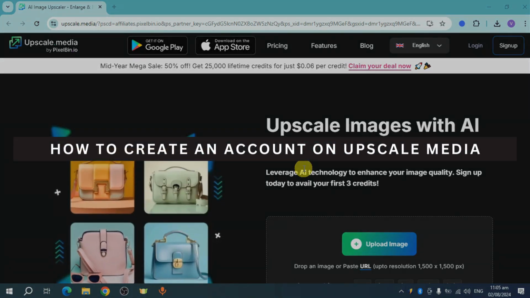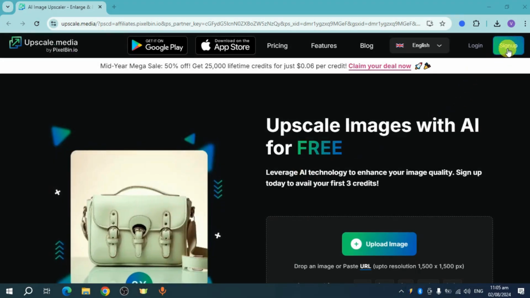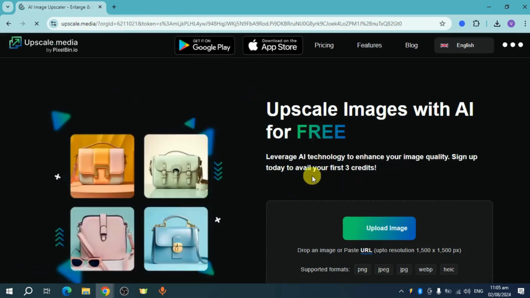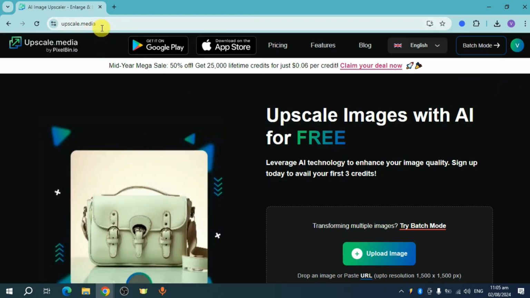How to create an account in Upscale Media. In order to do that, just head over and click on the sign up right here that you can see on your screen. So the actual Upscale Media is on the link of console.pixelben.io. So from in there, you should be able to see this right here. Now, as you can see, I have just clicked sign up from in there, and this will redirect me to